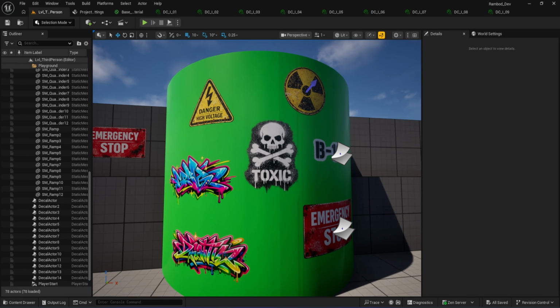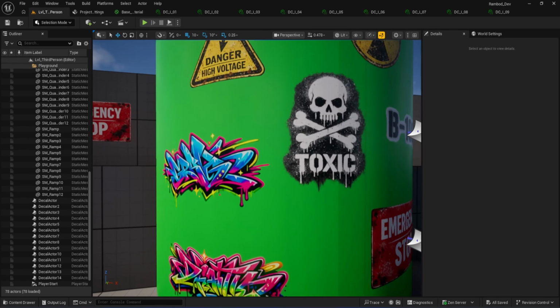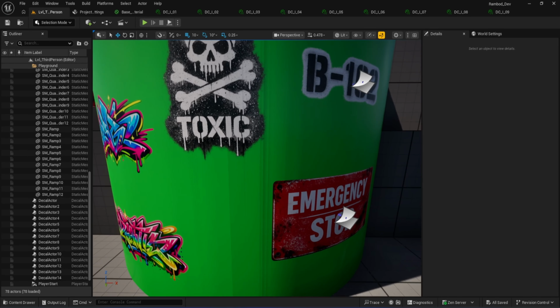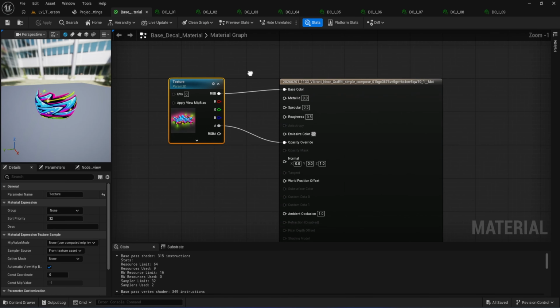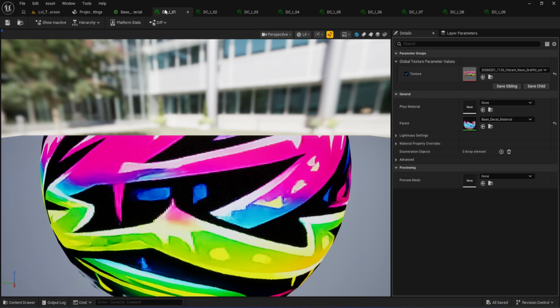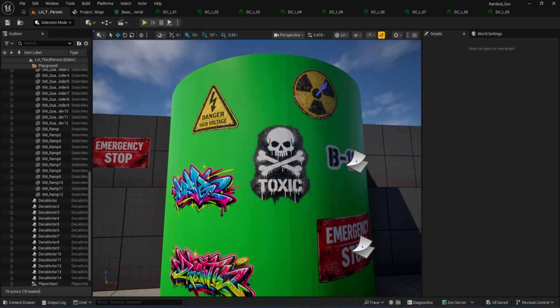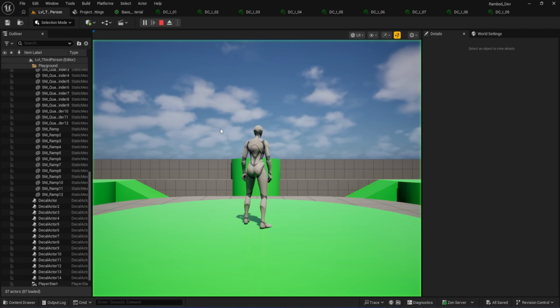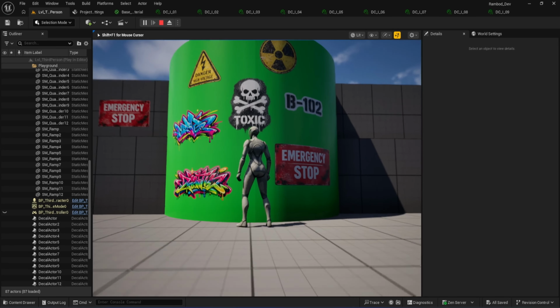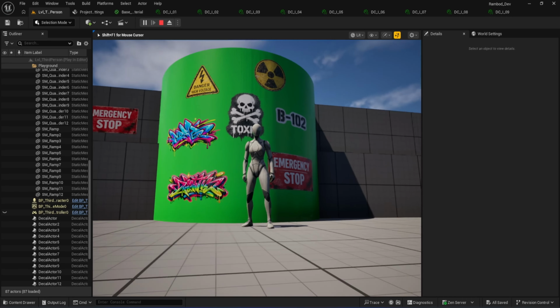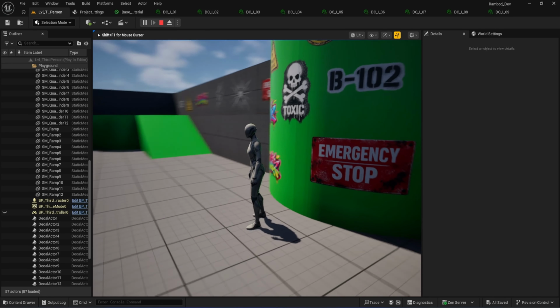If you want high-quality decals in Unreal Engine but you are not an artist, this video is for you. I will show you how to generate decal textures with AI, turn them into proper decal materials, and place them correctly in your level without guessing or fighting the editor. By the end of this video, you will have reusable decal materials that work on walls, floors, and curved surfaces,